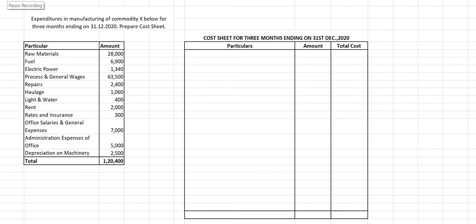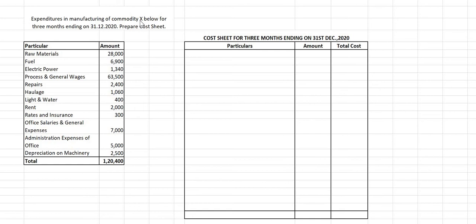Hello all. In the previous lecture, we have learned about the proforma of cost sheet. As you all are aware, cost sheet is divided into four parts. First is your prime cost, where only the direct expenses will be loaded, and the remaining three parts will be your work cost, which is also known as factory cost, your cost of production and your cost of sales. And in these three parts only indirect expenses are loaded.